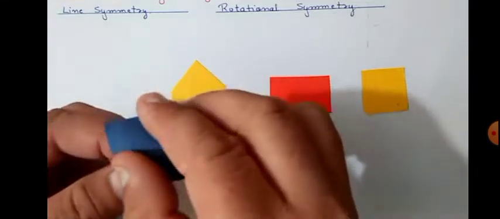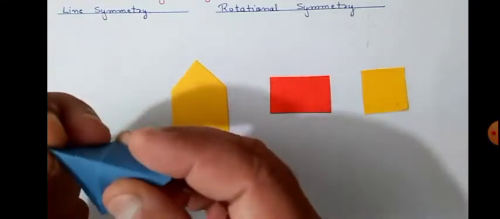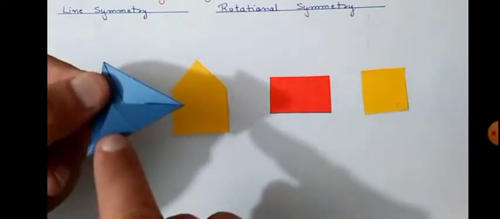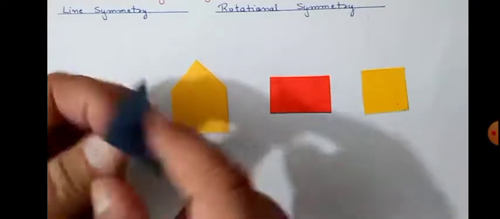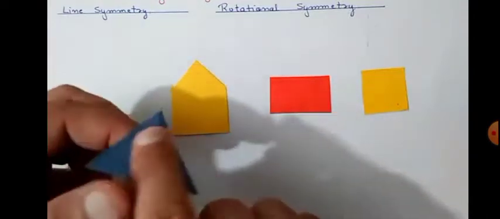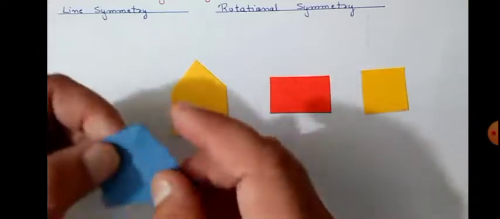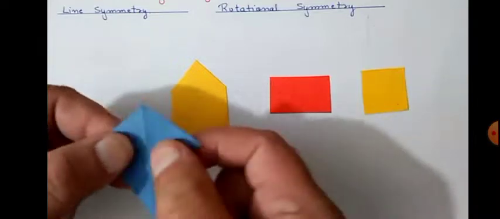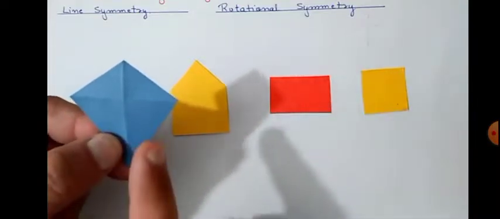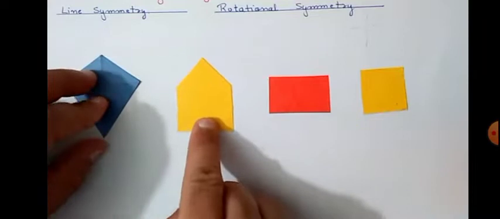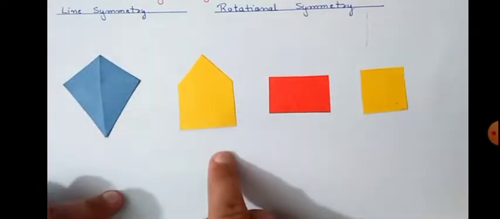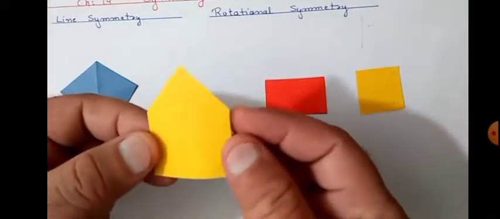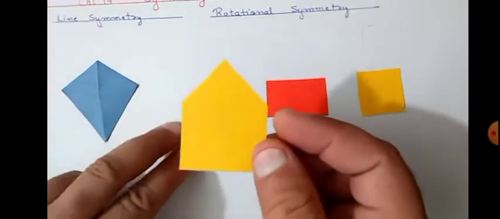If we want to turn from another side, then what happens? Let us see. Can both have the same figure? No. We will get two parts. One is smaller and the other one is a bigger image. So can we get same parts? No. So lines which make the same part on both sides are known as a line of symmetry. But those lines which do not cover the same figure are not a line of symmetry.